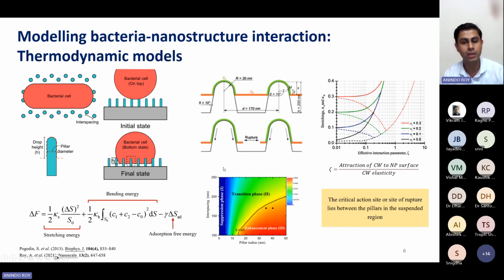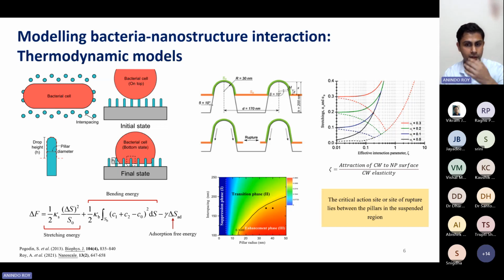So at very low pillar radiuses, thermodynamically, the process seems unfavorable. Similarly, if you increase the pillar radius, the bending free energy decreases, so you have more and more stretching degree. Now, with respect to interspacing, at very low interspacings, the surface is not very